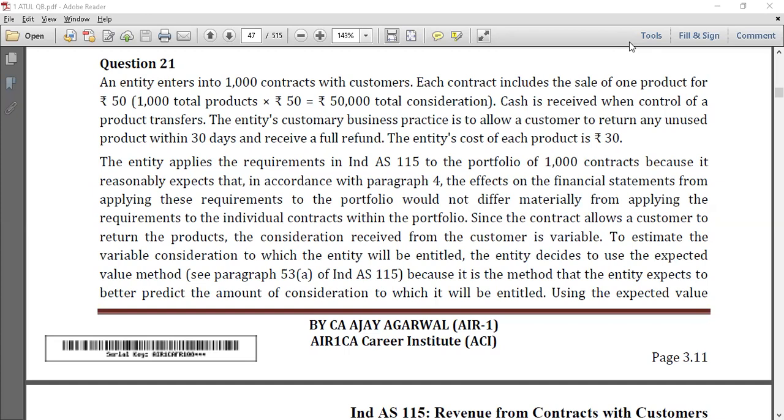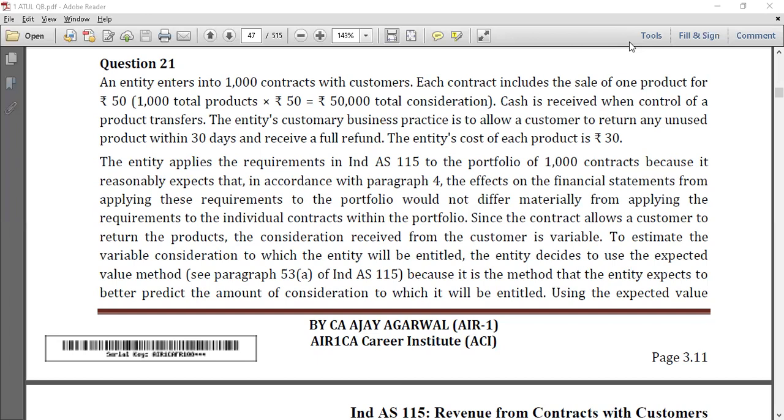And here the entity's customary business practice is to allow a customer to return the unused product any day within 30 days, and he can receive the full refund as well. And here the entity's cost of each product is 30 rupees. Here the entity applies the requirements of Ind AS 115 to the portfolio of 1,000 contracts because it reasonably expects that